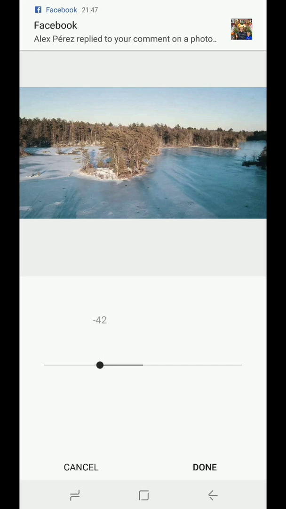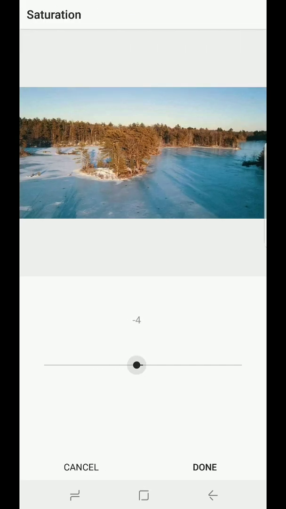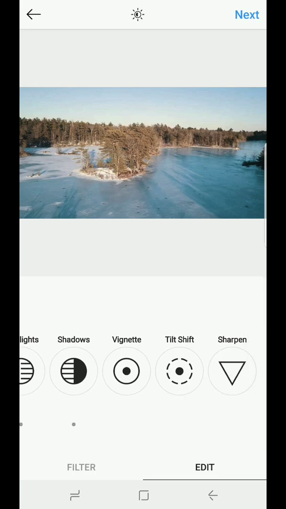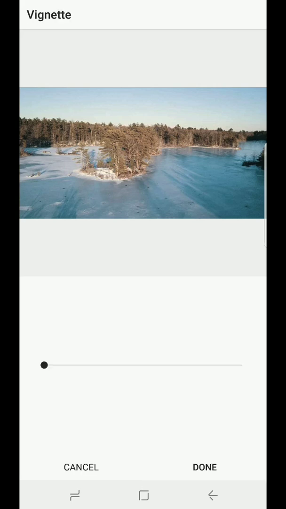See how it takes that extra oranginess or whatever out down in here. So the blue of our ice and the blue of our sky is still brilliant, but now our trees are not so overwhelming. And in your picture, the last two things that I did,